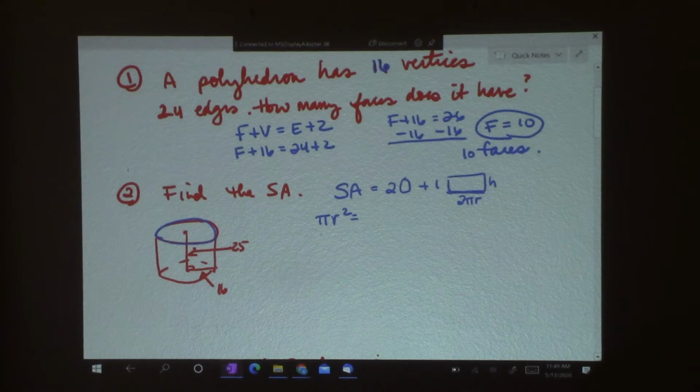And here I know the radius is 16. So I have pi times 16 squared, which is, let's see, 16 times 16 is 256. And if I multiply 256 times 3.14, I get